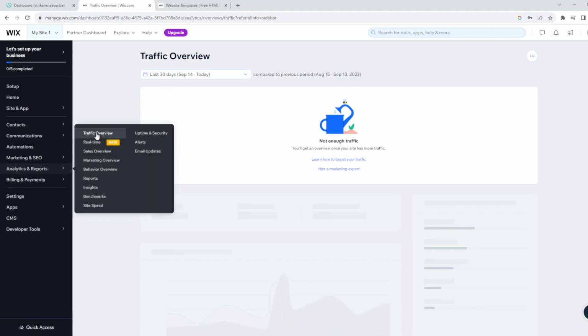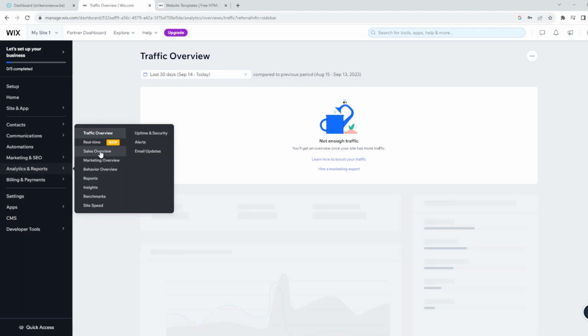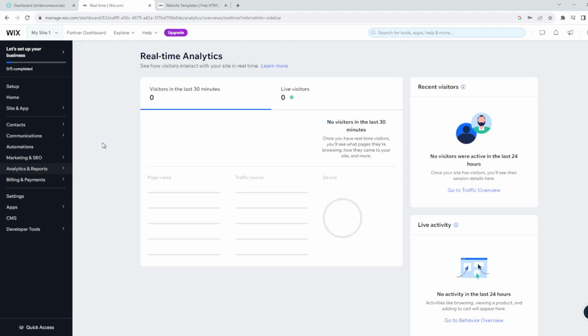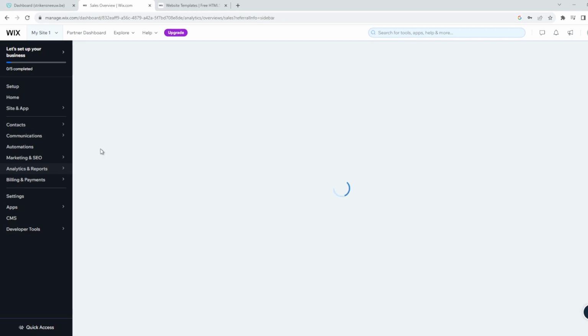So we have a lot of information here. Because I don't have a live site yet, obviously I can't see anything. You cannot see any information here. But what about this one, real time? So here you can see the real time analytics: the number of visitors in the last 30 minutes and whatnot. And then when you hover over your sales overview,